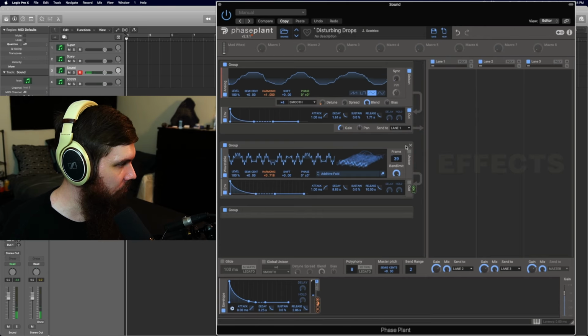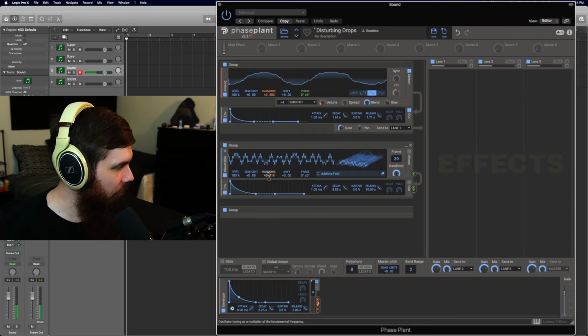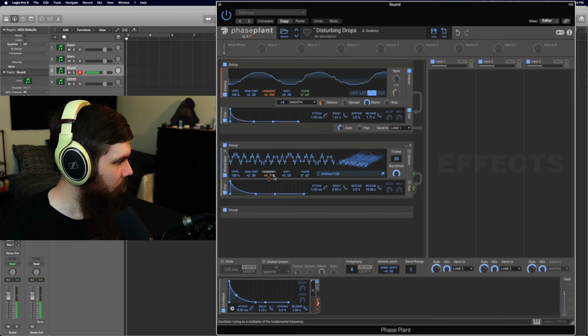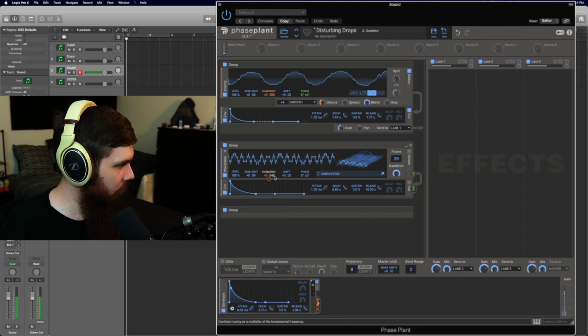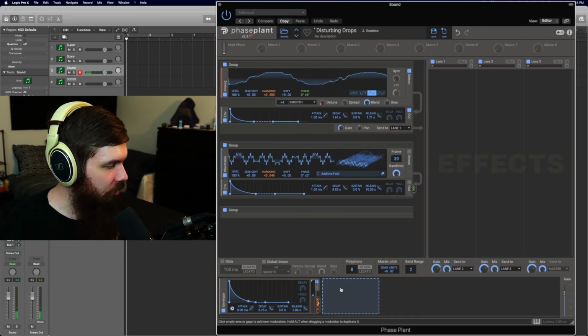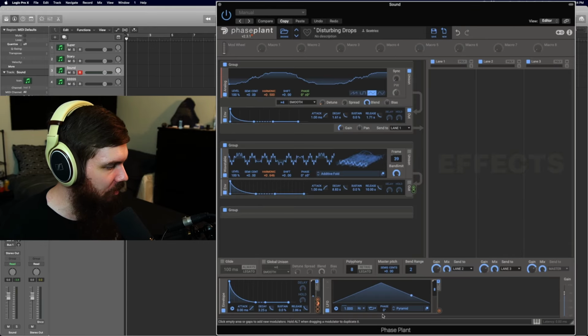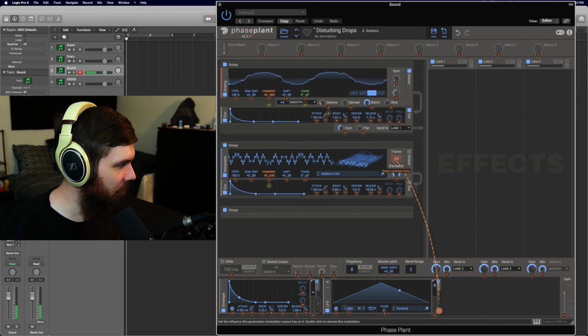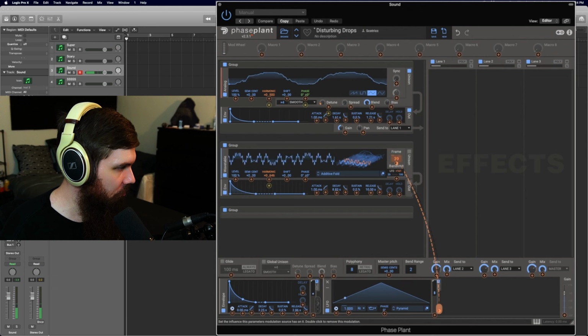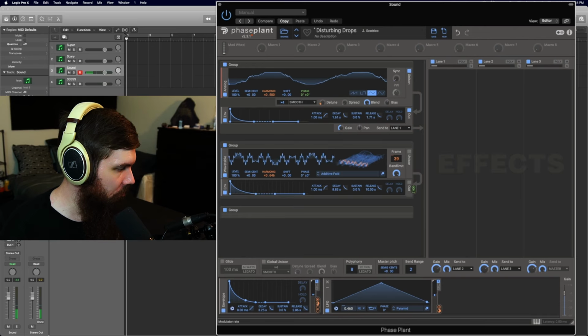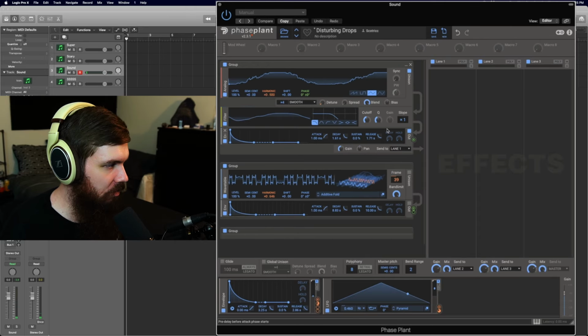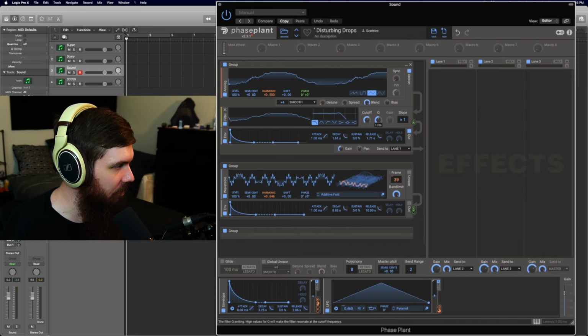Okay, there we go. I want this to be an octave lower. Okay. Now, we could also modulate the frames here, and I wonder if I should do it with an LFO instead. Just to hear what it sounds like. That's interesting. Now I'm going to add a filter, because I do want to filter out some of these